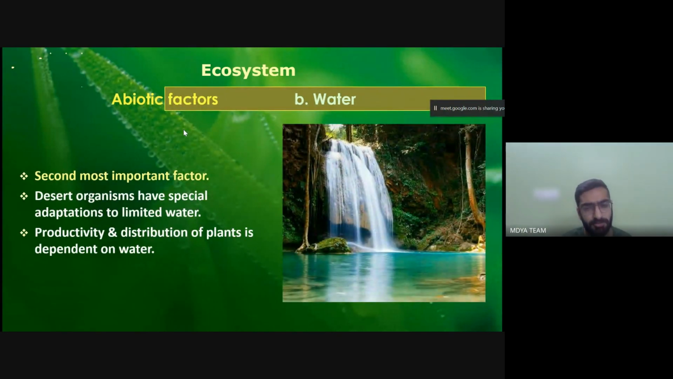So now the next abiotic factor, which contributes to the ecosystem, is called the water. Okay. So desert organisms have special adaptations to limited water. All right. So what it means is that those species have such a characteristic feature inside their body, the gift of God,